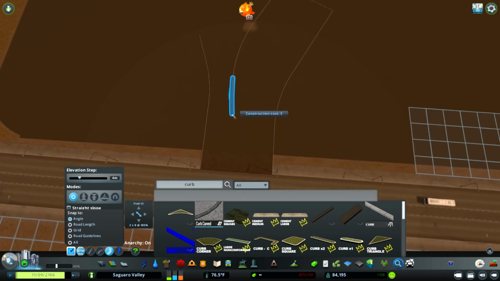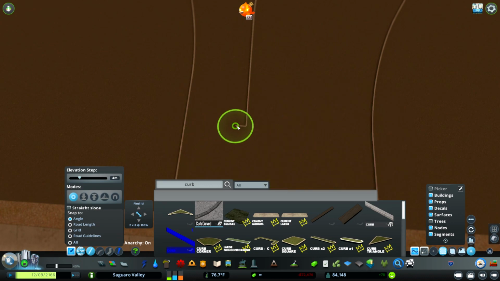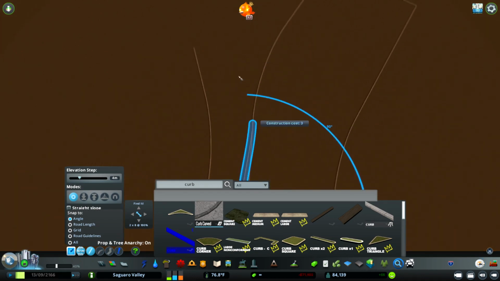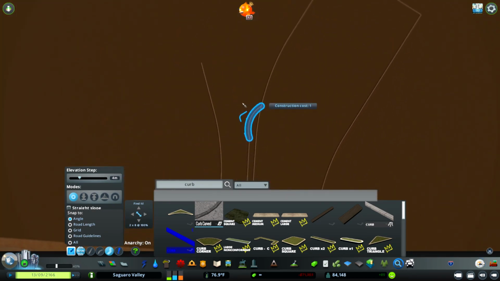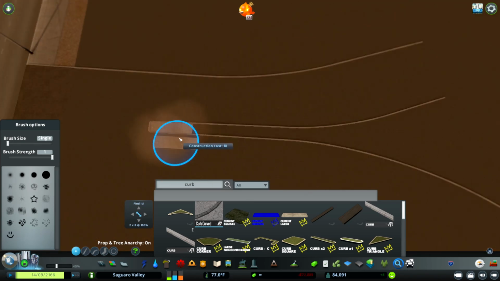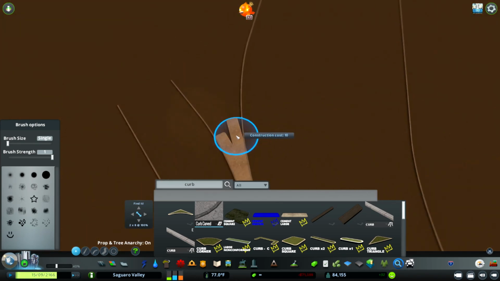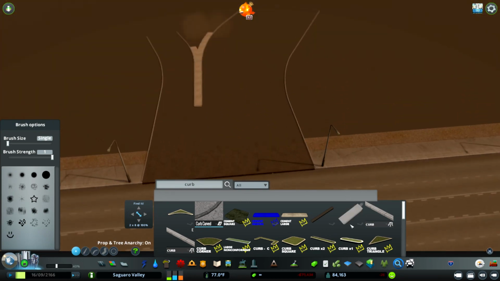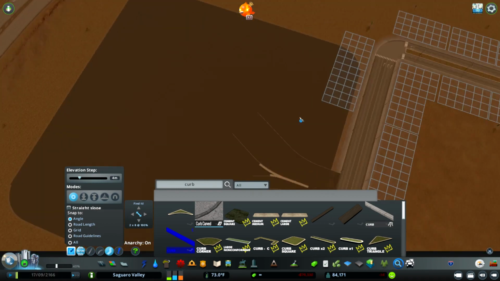So yeah, now you see me placing down these network curves, and the purpose for these are obviously to create a sort of layout in this giant lot, and this will allow me to figure out where these actual movie theater parking lots will be, and where the cars will drive, and just the general layout and flow of traffic for this